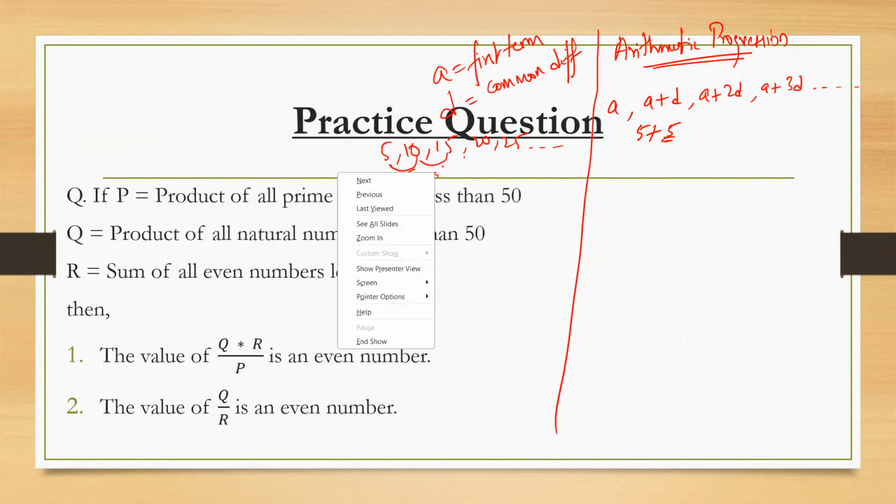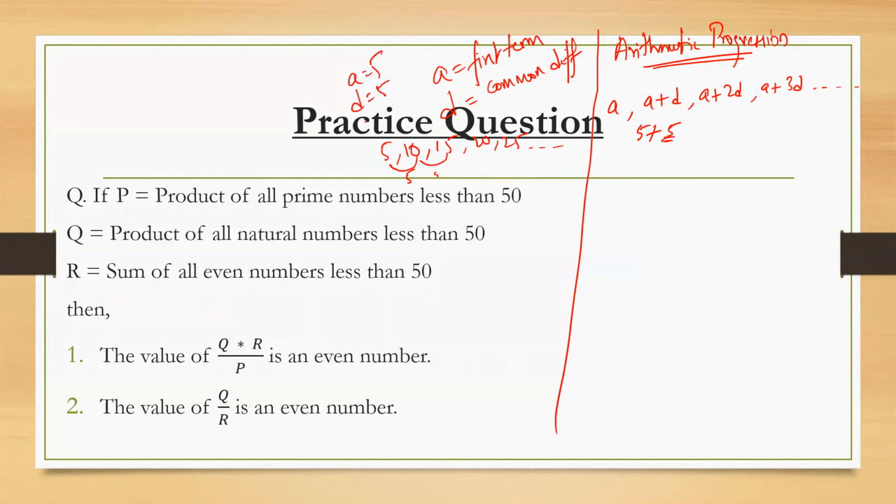Are you getting this, everyone? So A is the first term. Here A is equal to 5. D is again 5, the common difference between the terms. Everyone, till here, is it fine? What about Nitish? Yes. Okay. Now, if such a sequence is given, 5, 10, 15, 20, 25, and it is said calculate its